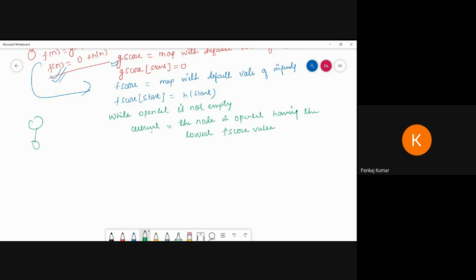Whatever I am exploring, I have to calculate the f of n value for both of them. Then which one is the lowest? For that purpose I am writing this line.